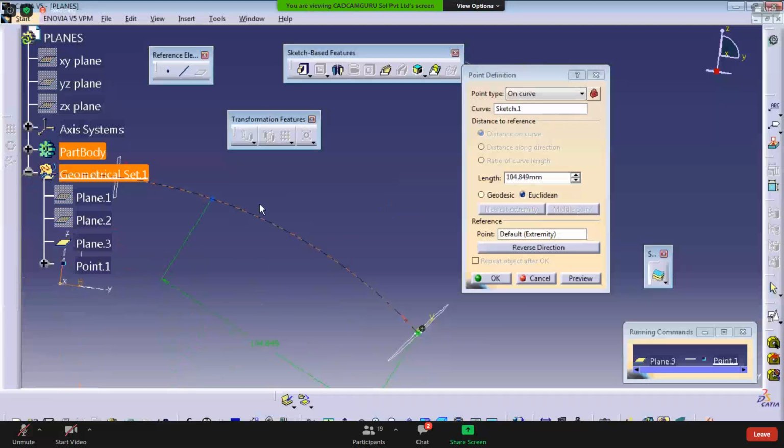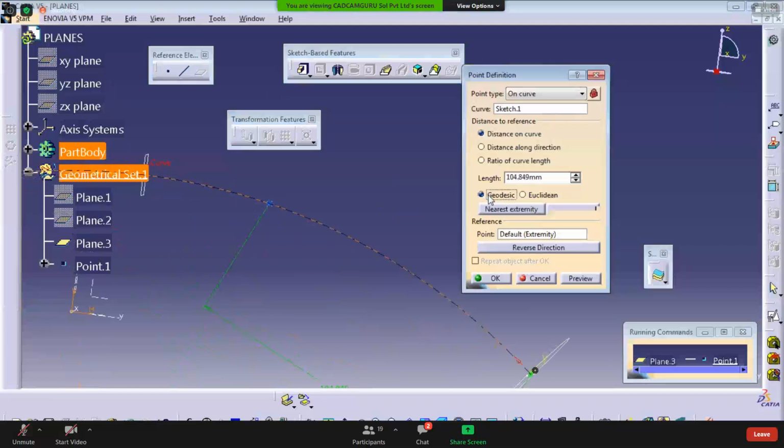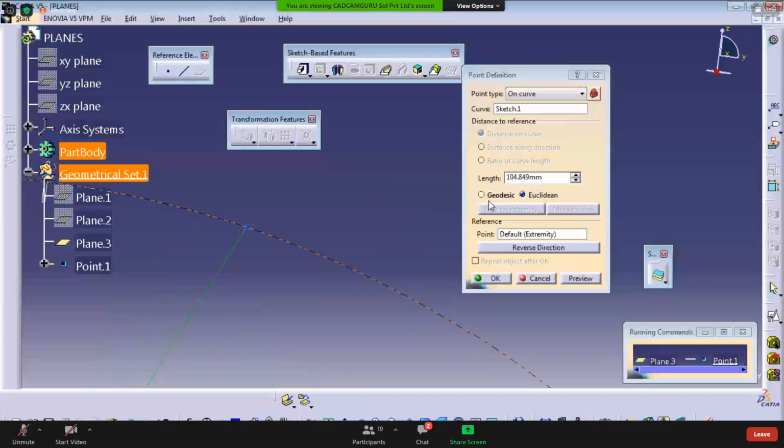So there is a slight change in the position if you change the type. You can see that. Do you see this effect? Geodesic has the same dimension but a lesser value. Euclidean has the same dimension but a larger value. Are you able to see that small difference? See now, I'm changing that type. Clear? Are you able to see that? Hello? Yes, sir. Okay.